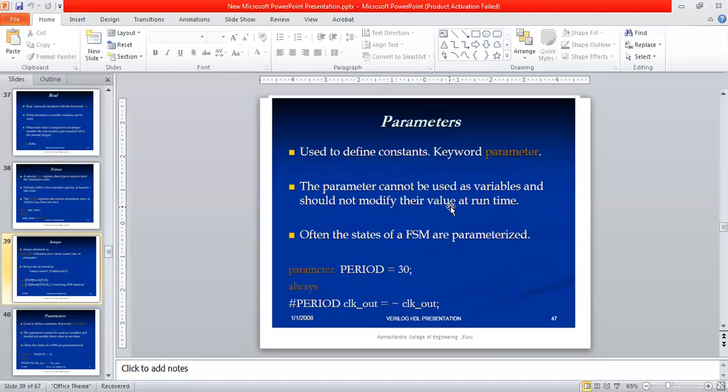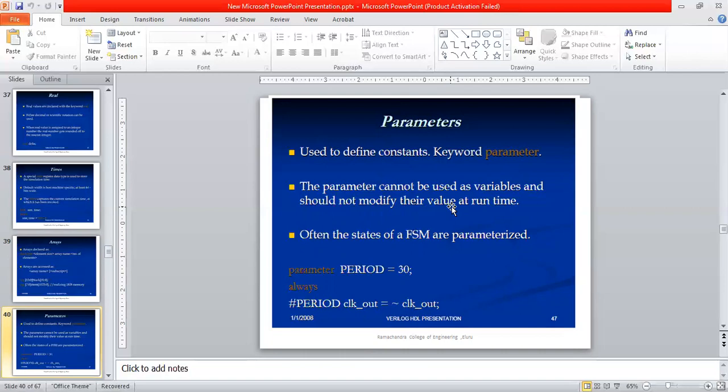Okay, students, now let us see parameters. Generally, to define constants in our Verilog HDL, one of the powerful data types is the parameter. This can be defined by using the parameter keyword here.